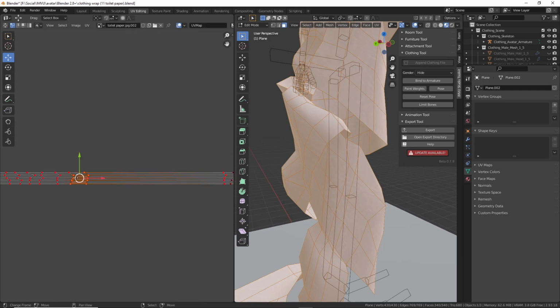So it's just a question of selecting the loops and just having to manually